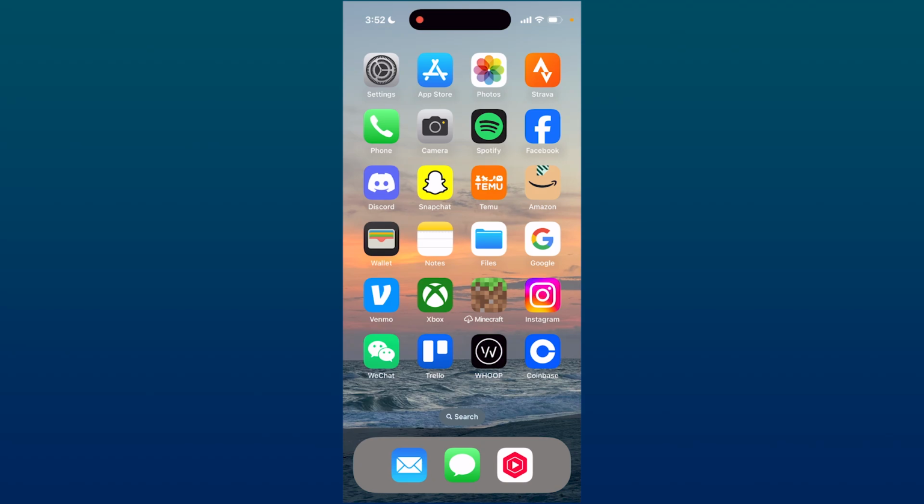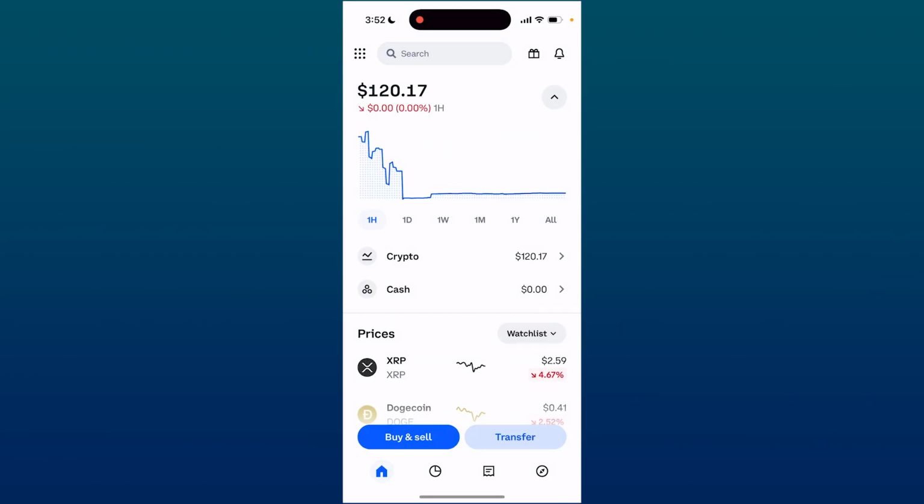Adding money to your Coinbase account is really easy to do. First thing you're going to need to do is get the Coinbase app and create an account if you don't have one. Once you are on the app, what you're going to need to do is simply click on the buy